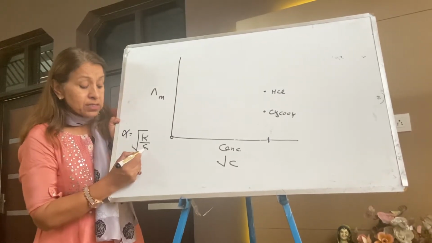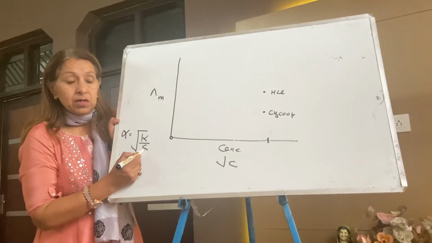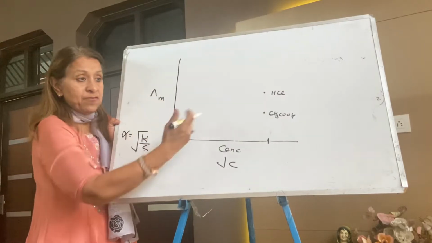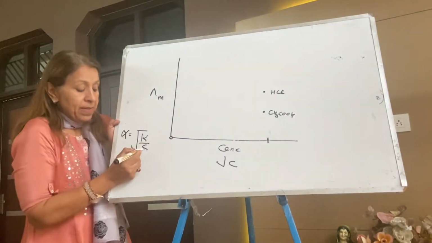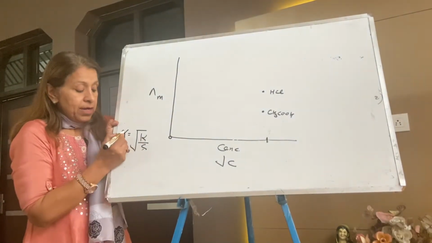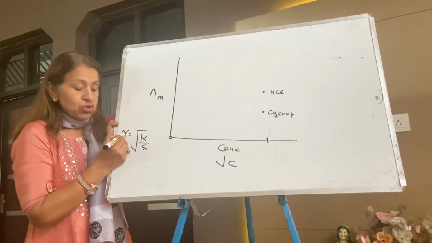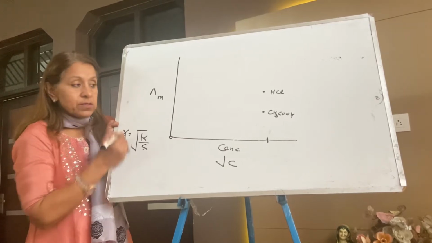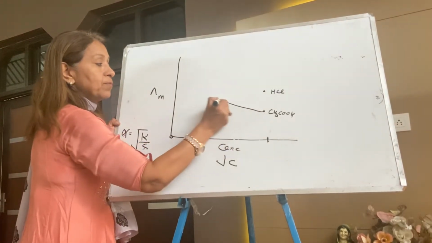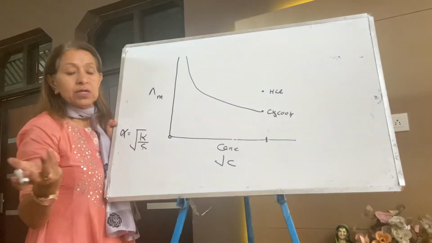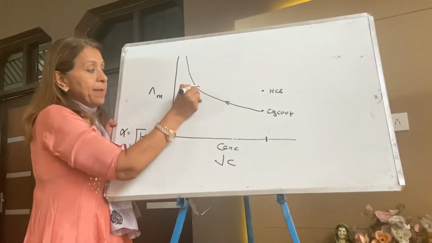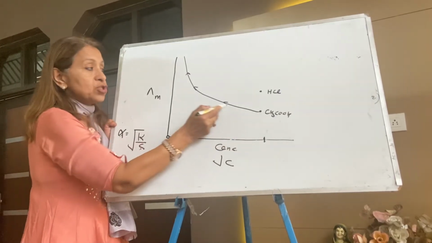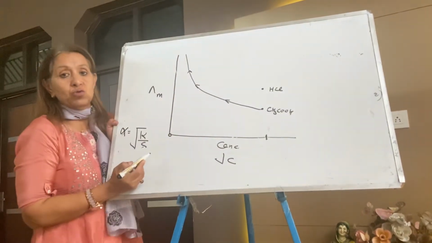Remember student, when concentration decreases on addition of water, I'm going to decrease my concentration. This graph is shifting towards me now. When the concentration is less, alpha is more. Degree of dissociation is more. Degree of dissociation is more, the ions, more the conductance. That's the reason lambda m of the weak electrolyte sharply increases on dilution.